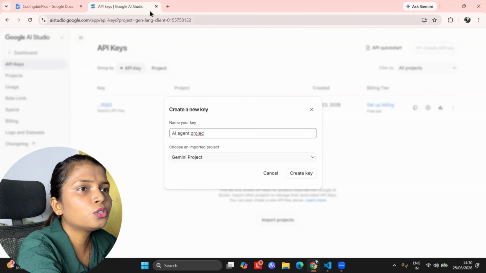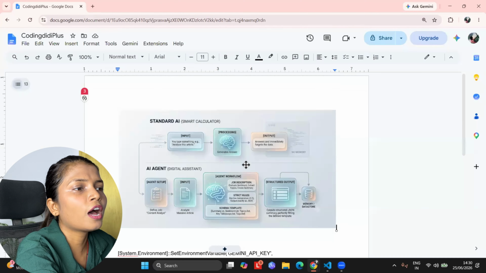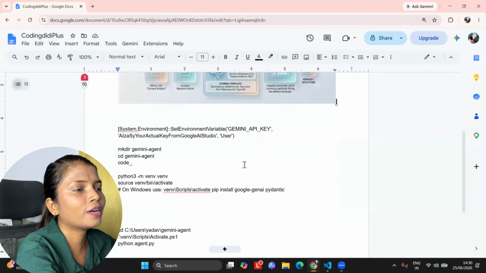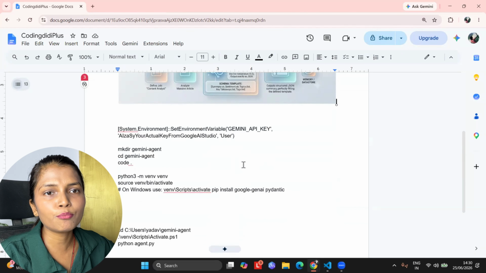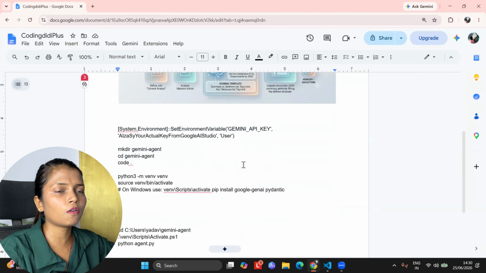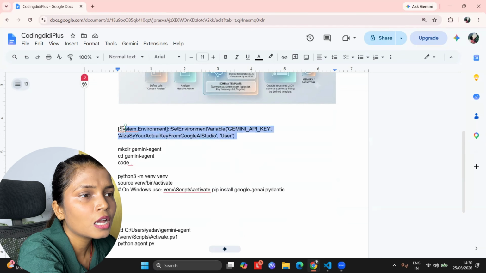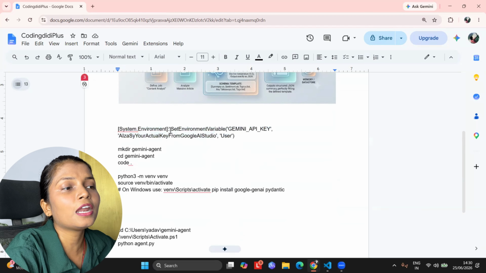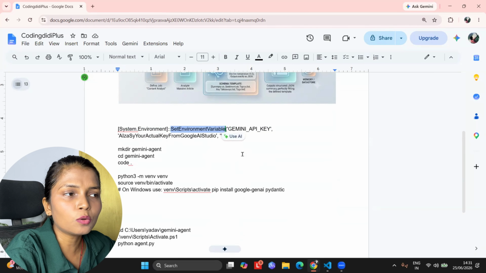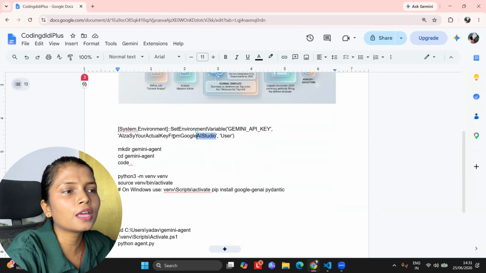Now, after doing that, what you have to do next is open PowerShell or whatever, like let's say you are using the command prompt or terminal, Mac user or Windows user, you just have to go to setting the environment variable. You have to create one environment variable, which is GEMINI_API_KEY, and then store your API key.